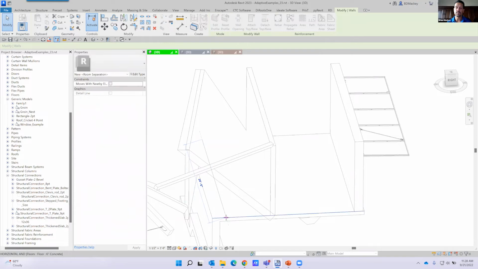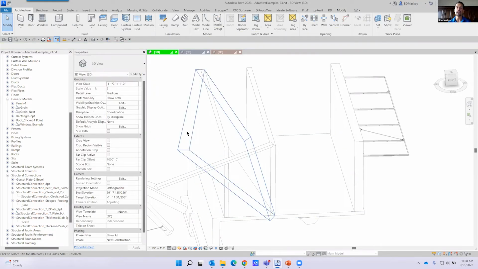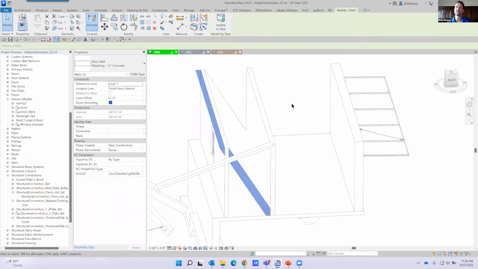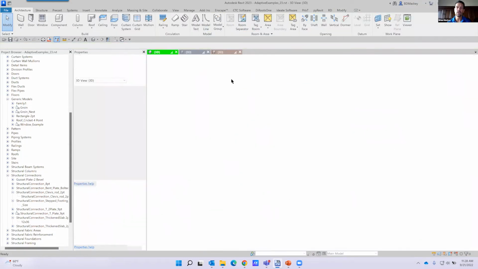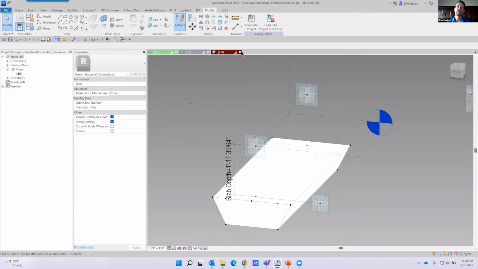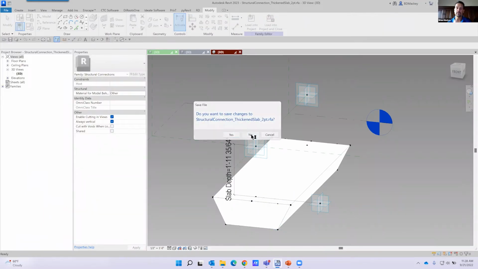So again, just some of those uses when you get in there and start saying, hey, here's what we could really do with it. Here's how we can use these on a day-to-day basis. Okay, so going back into, that's not the right family, going back into my generic model adaptive family,